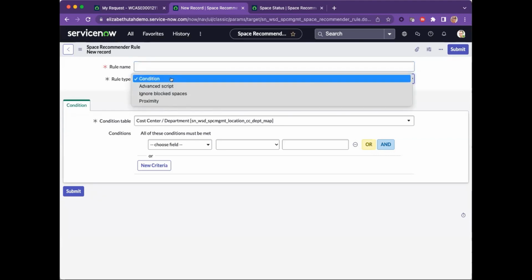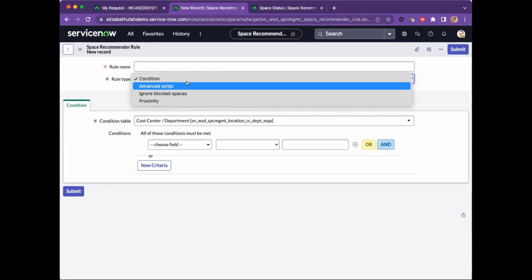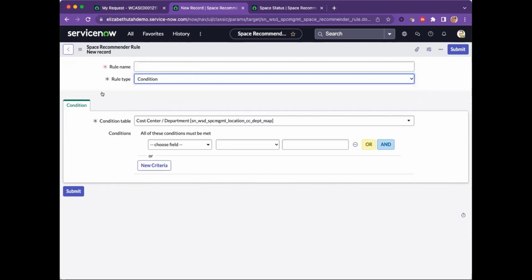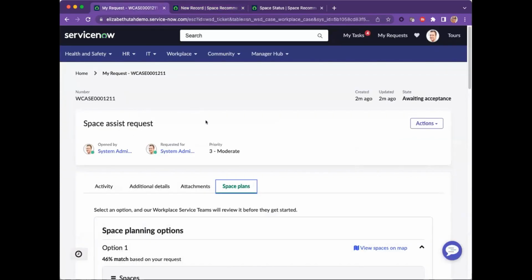So the one that we just clicked into a moment ago was condition-based. Again, we're able to select that table and build those conditions. You're also able to use advanced scripts if necessary. You're also able to build rules that are based on ignoring block spaces or the proximity. But to keep us on time, I'm going to flip back and just show you what my recommendations now look